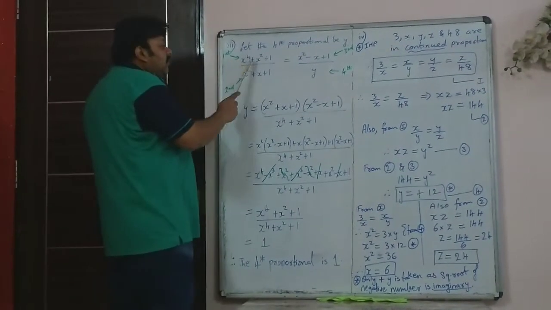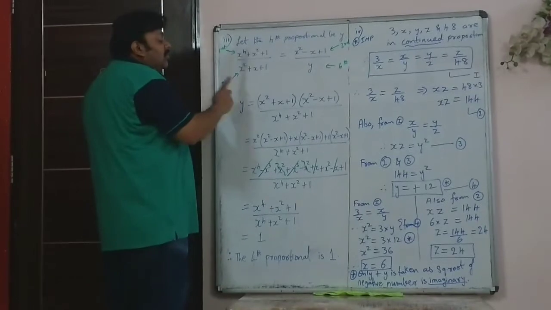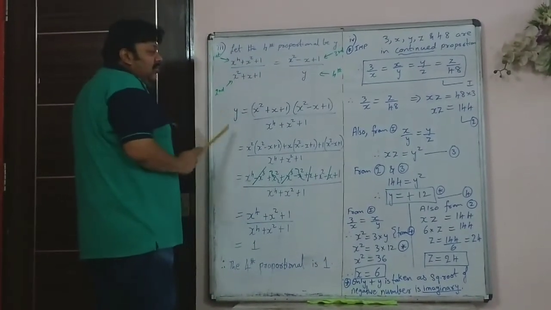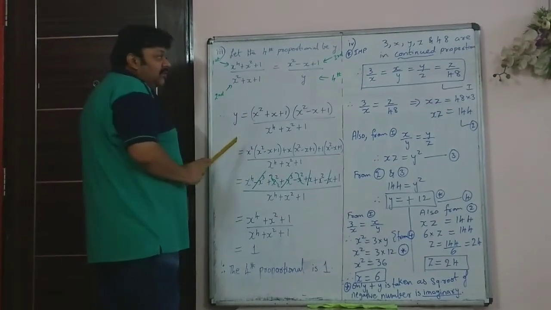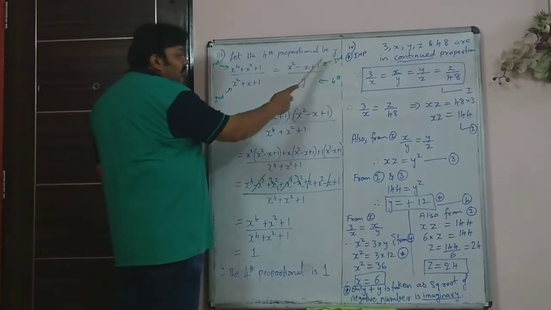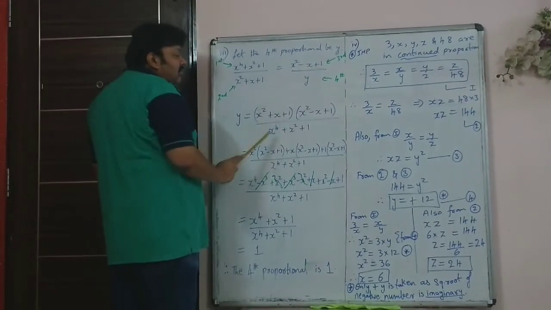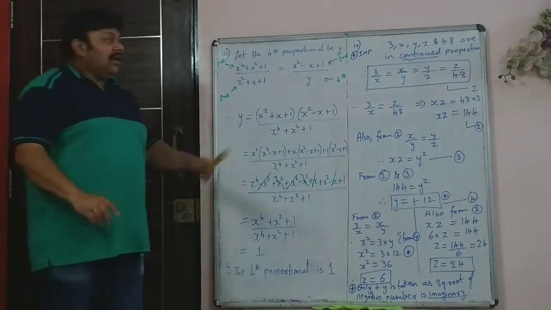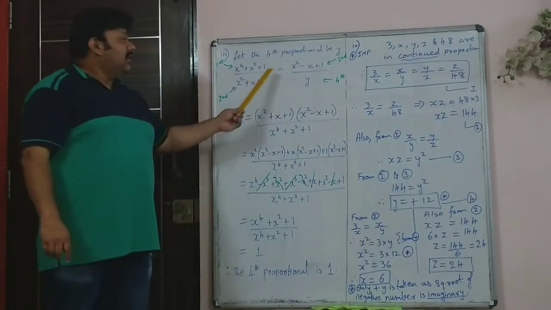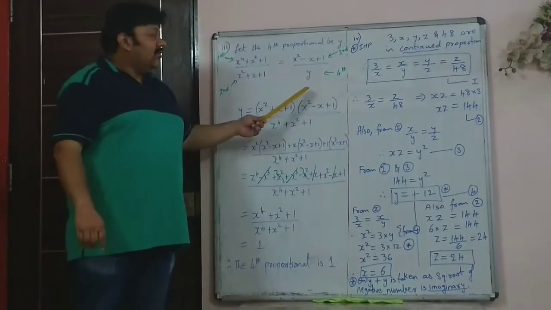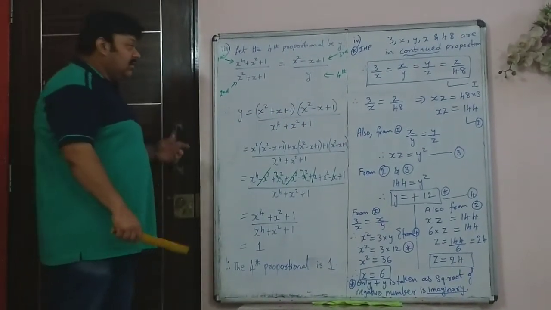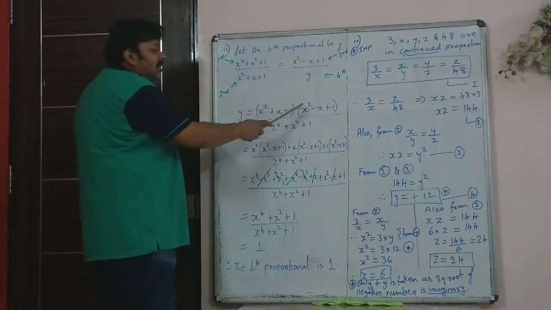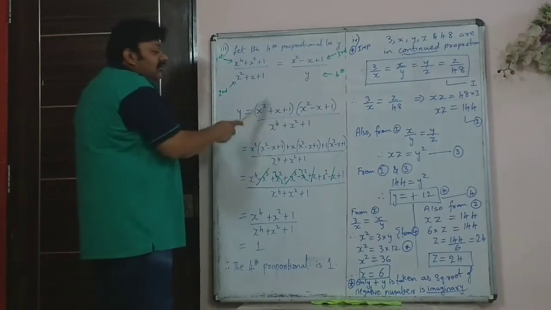So here you have x raised to 4 plus x squared plus 1 upon, that's the first proportional, upon the second proportional x squared plus x plus 1. That is equal to the third proportional x squared minus x plus 1, and we have taken, let the fourth proportional be y. We can't write x because x is already used in this equation. So we have to take y or a or any other alphabet. So now we will keep only y on one side and cross multiply and find what this simplifies to.